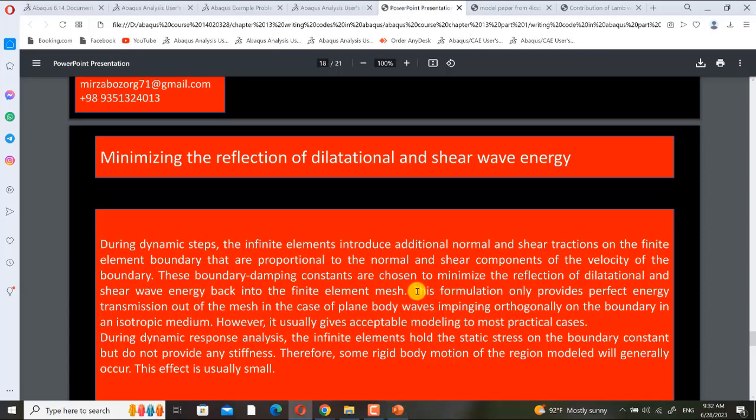What does it mean? Please notice this formulation only provides perfect energy transmission out of the mesh in the case of plane body waves impinging orthogonally on the boundary in an isotropic medium.